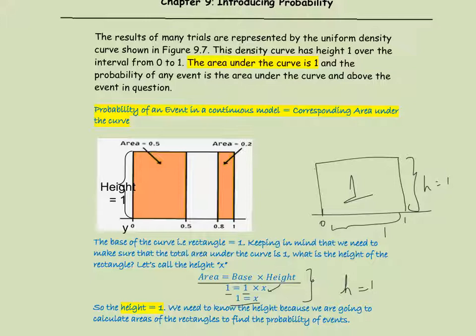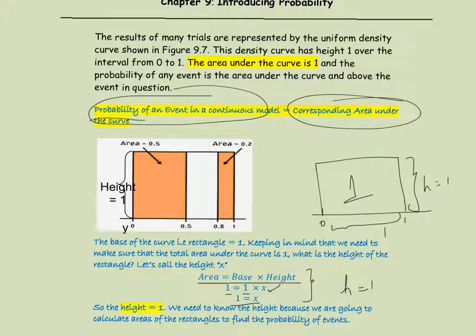And why we care about the area under the curve is because in a continuous probability model, the probability of an event is equal to the corresponding area under the curve. So for example, if I ask what is the probability that a randomly selected number falls between 0 and 0.5, then I'm just looking at the area of this rectangle, which gives me the probability. So an important thing to remember is we need to know what the density curve looks like for a continuous probability model, because the probability of any given event corresponds to the area under the curve